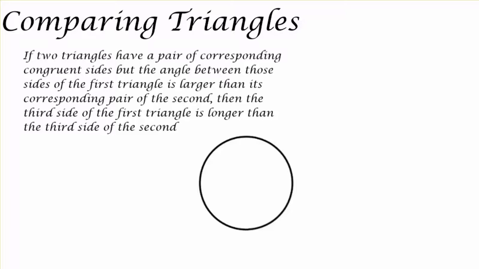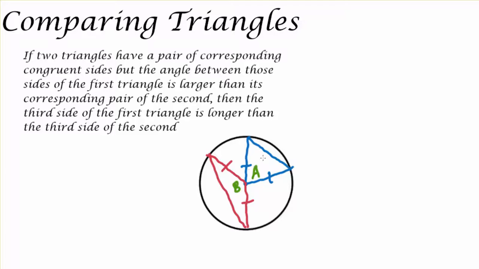Now, let's demonstrate this a little bit by drawing two triangles within a circle. And let's have those two triangles meet some of the requirements we talked about. So I have one triangle, two equal sides, is isosceles, and then the third side, of course, between those two sides. Now I draw a second triangle, and I draw this triangle much different, but of course it will have two equal sides, and those two equal sides will be congruent to the blue triangle. And I will also connect those sides together.